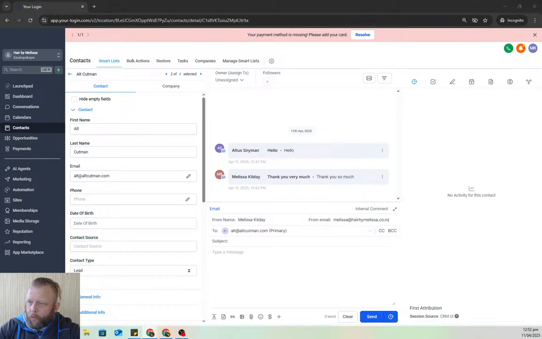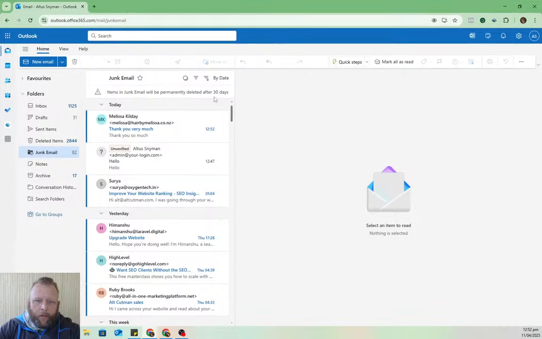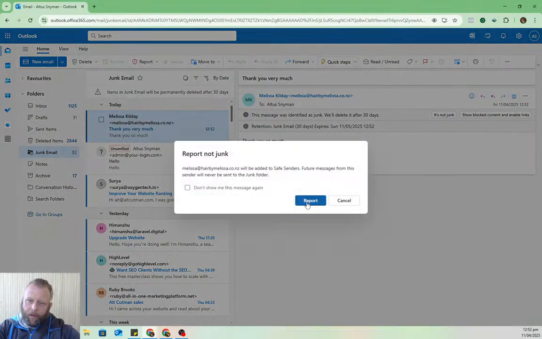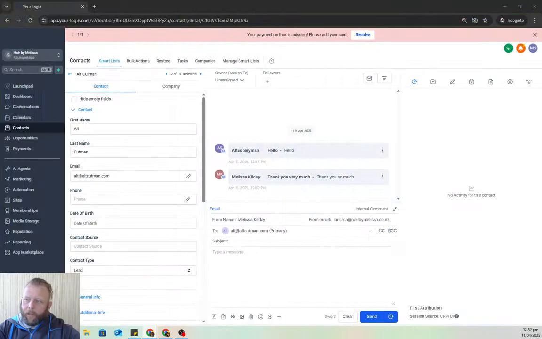So I'll most likely still, yeah, it will still go to junk mail. The only reason it's going to junk mail is because it's a new email account. You're not going to have a choice in this, but yeah, expires on the 11th of the 5th. So I'm just going to flag it as not junk. It's going to do a lot of tests for it, but this is because it's a new domain. You won't have a choice, all right? So you need to give it some time to warm up. But that's it for how to set up your domain